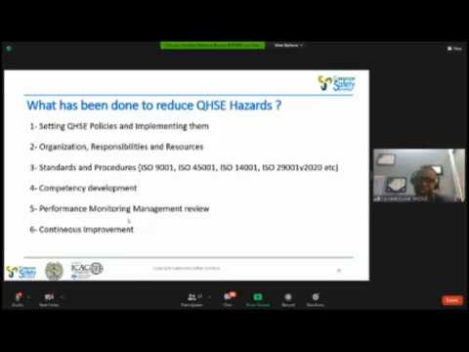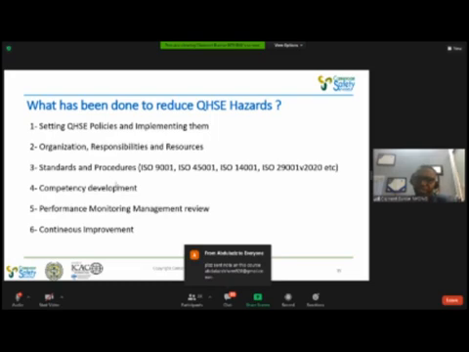Then there has been continuous improvement. The industry has stayed alert, especially with COVID. Because of COVID, companies have improved the way rotations are done. Now some companies have to quarantine workers for 2 weeks before they can go offshore or go to operations. So all these things have contributed greatly to the